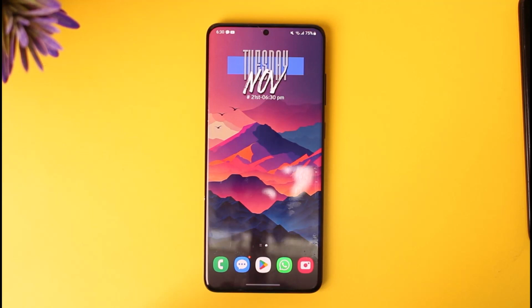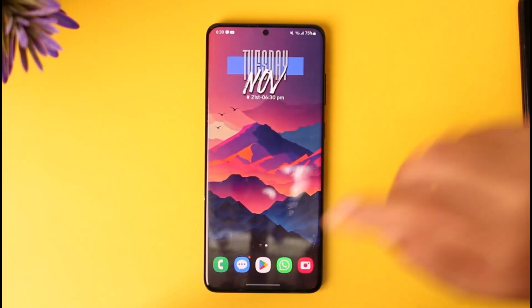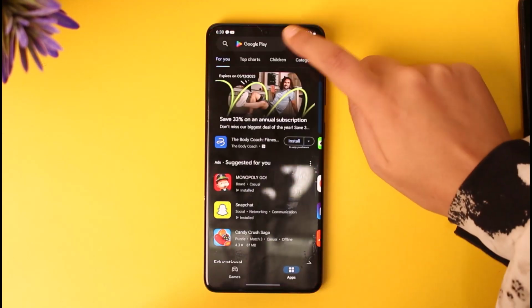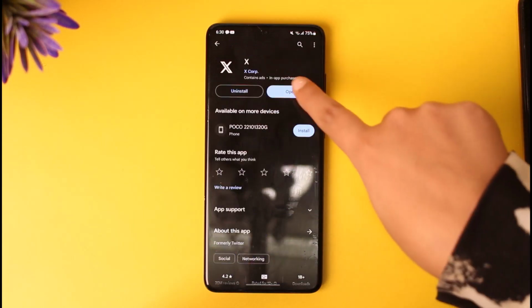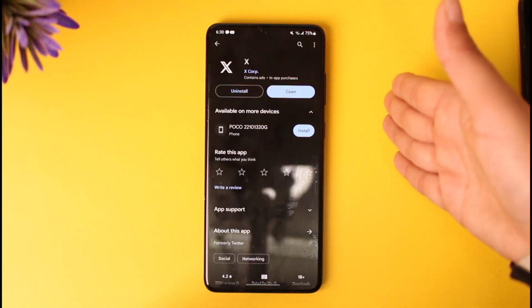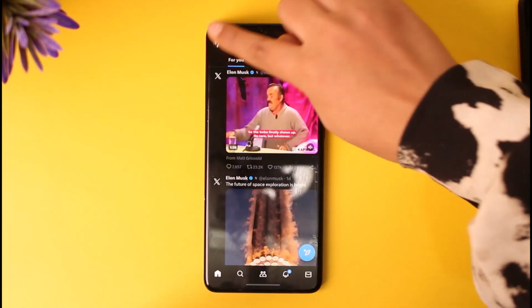For that matter, what you have to do is you're first gonna go ahead, check on your connection, make sure it's good. Afterwards, go to Play Store and type in X and see if your app is updated or not, because if it's not, then make sure it's updated. Tap on update and do it. And then afterwards, if you try to open your app and you go to your profile on top left corner,